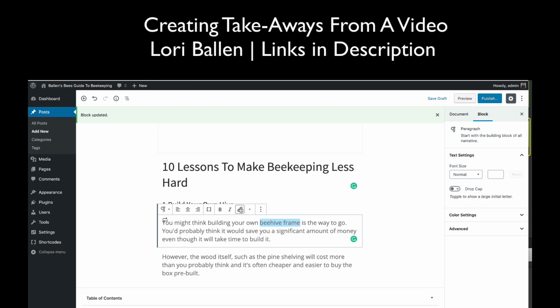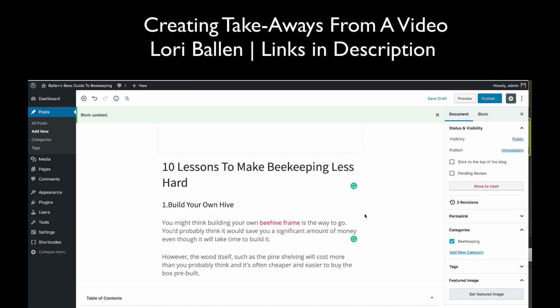Right here, Beehive frame. Click the link and paste it there. Okay, now